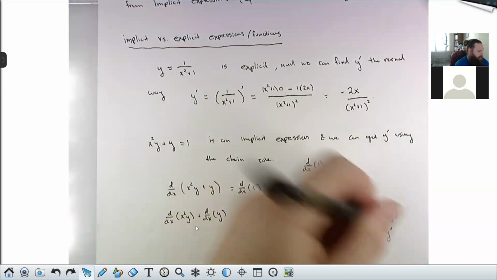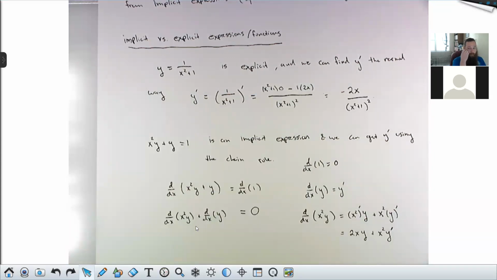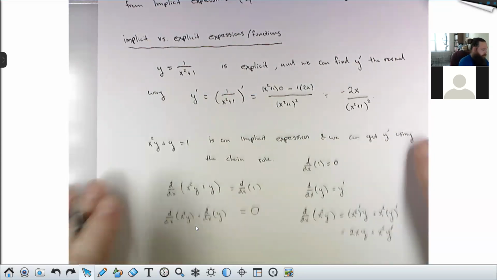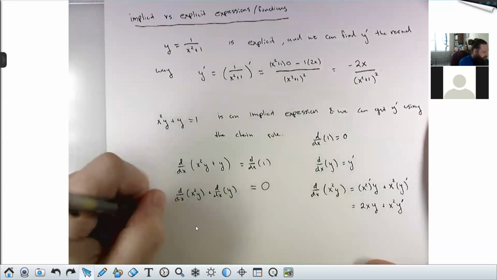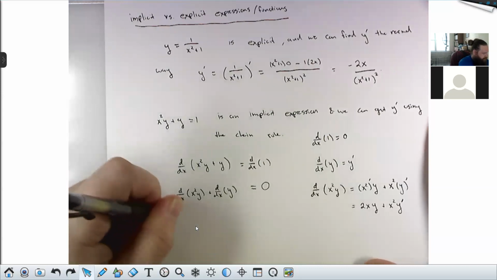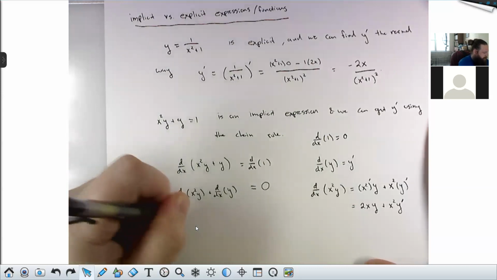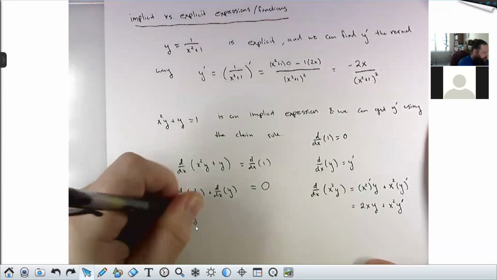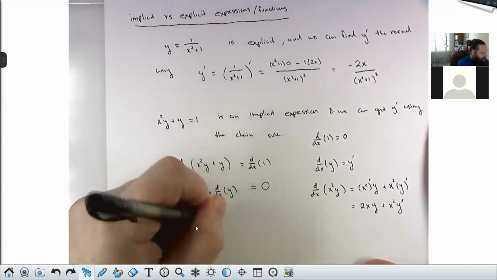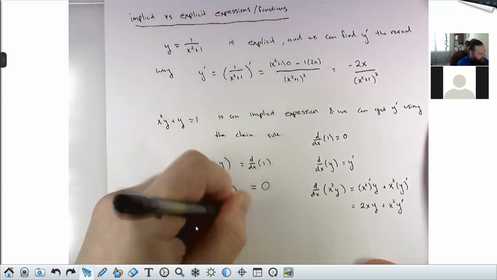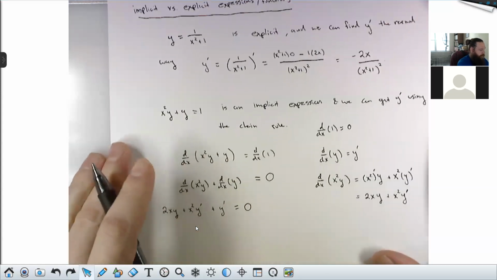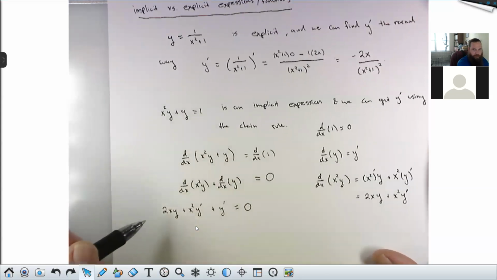The derivative of y is just y prime. So altogether over here, what I have is 2xy plus x squared y prime plus y prime equals 0. And believe it or not, this will give me the same thing that I got up